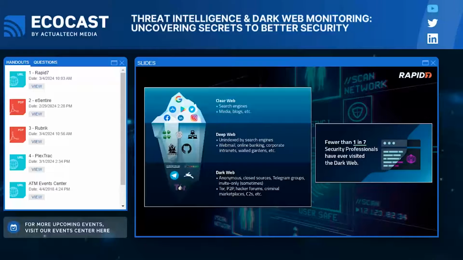So some website owners could also put digital notifications on their site to stop search engines and crawlers from indexing their content. So yeah, there's a lot of different reasons why, but it's basically the information that's unindexed by search engines, but it's still available via your standard web browser that we're all using today.